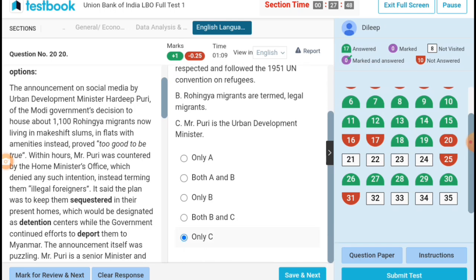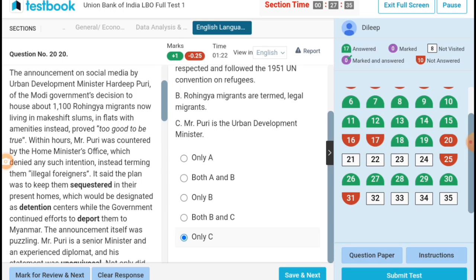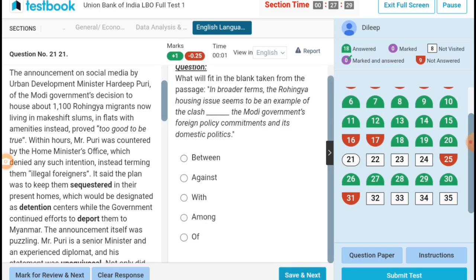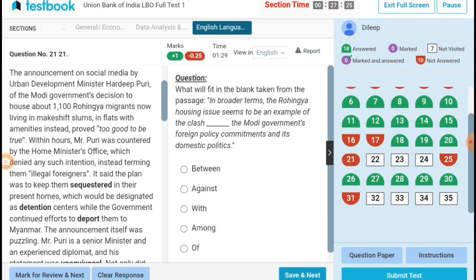Rohingya migrants are termed as the legal migrants. Next, what will be in broader terms, the Rohingya housing issue seems to be an example of the clash